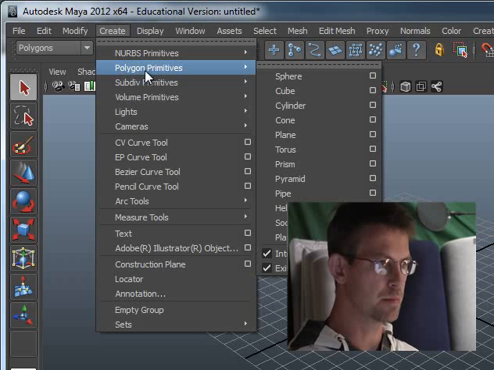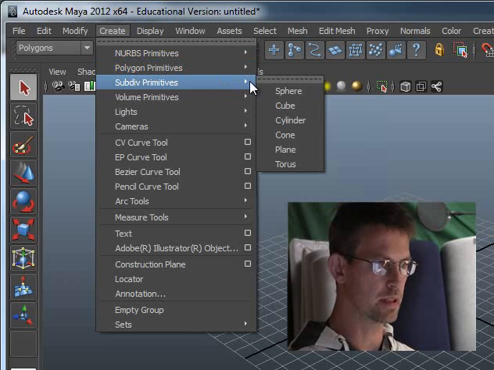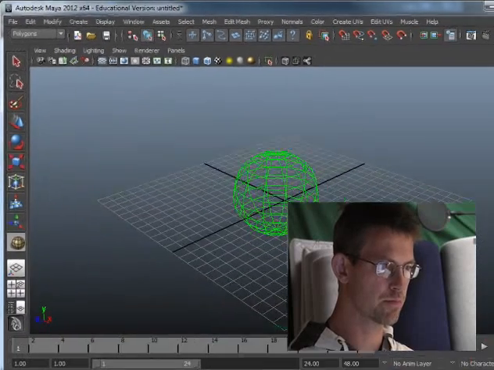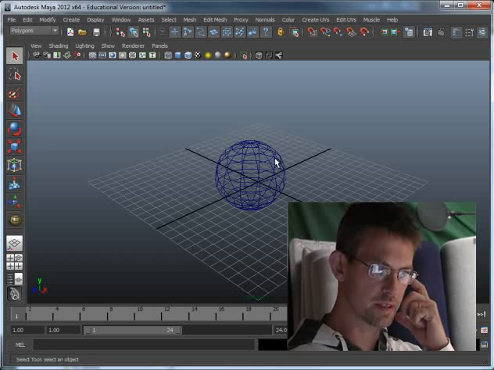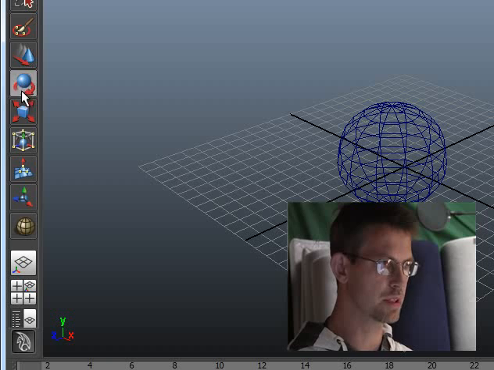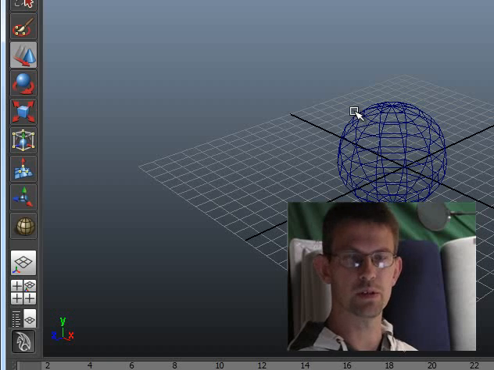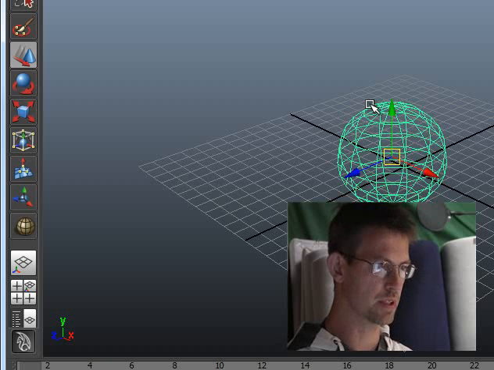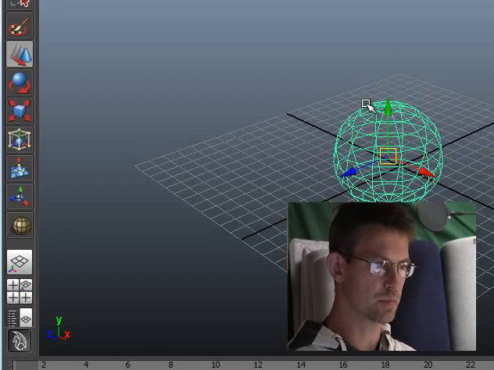Let's create some simple geometry, a polygon sphere, for example. In order to move this sphere, I use the different move tools that are on the far left here, the move, rotate, and the scale tool. And the easiest way to switch between those tools is to use the keyboard. So if I select the object and press WER on the keyboard, I switch between moving,